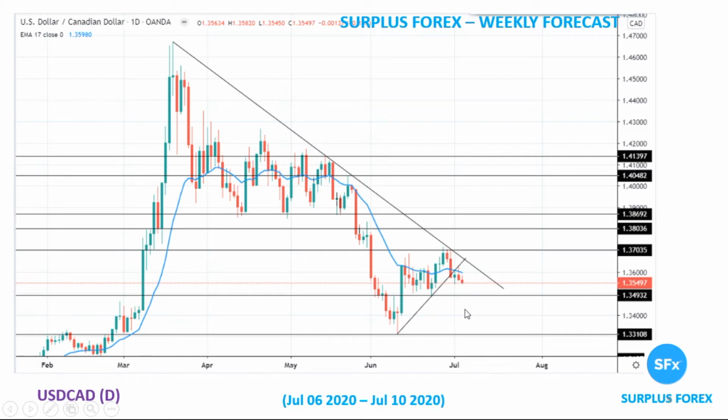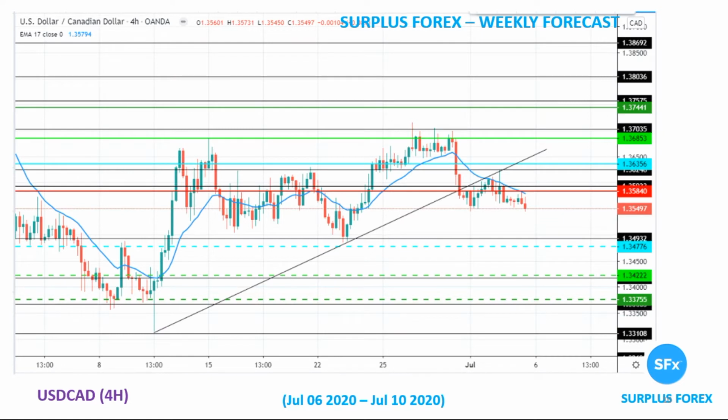If it falls hard close to 134 and picks up from there, then it'll go positive from there, as I'm bullish on USD for the forthcoming week of July 6th. So let's start on a 4-hour chart. On a 4-hour chart, if it crosses 136.35 that will be the good entry point.